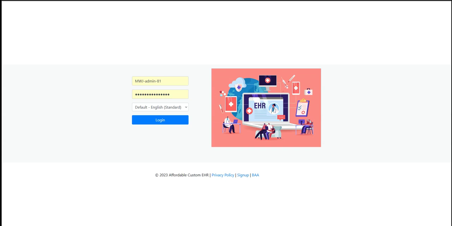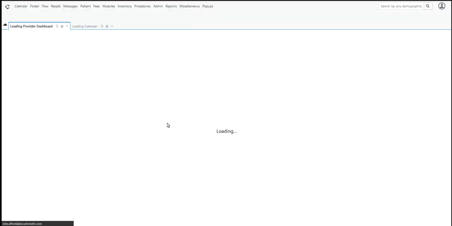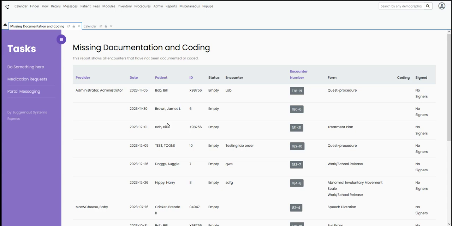I want to show a new feature that we have in our code base for OpenEMR. Let's get right to it. This is the provider dashboard that was requested. So, when you log into the system now, there's this provider dashboard that shows you the documentation that has not